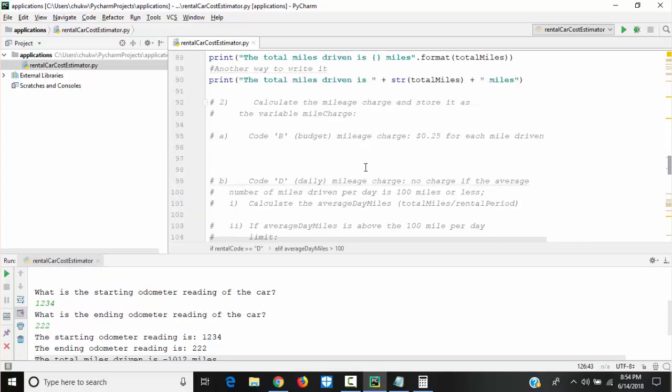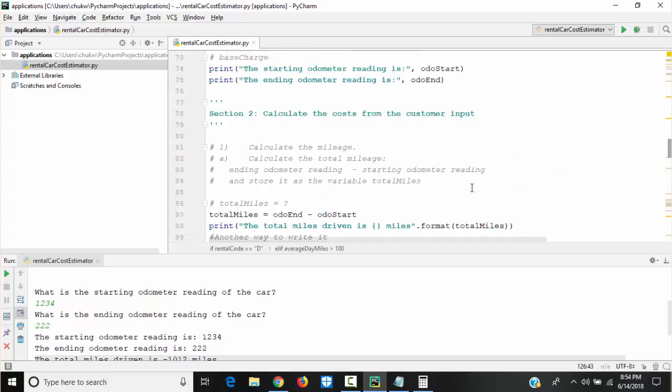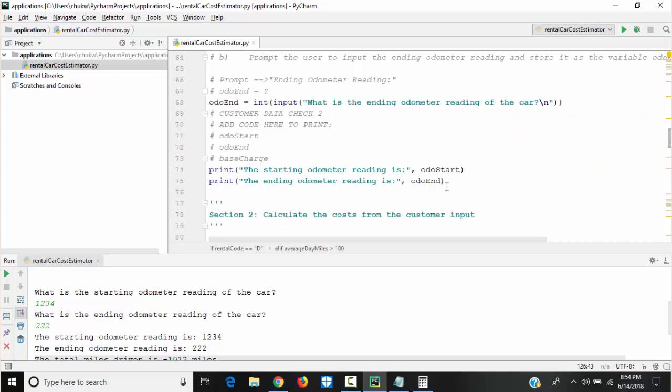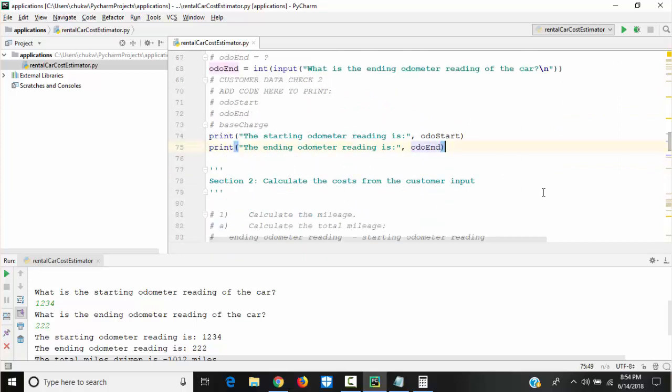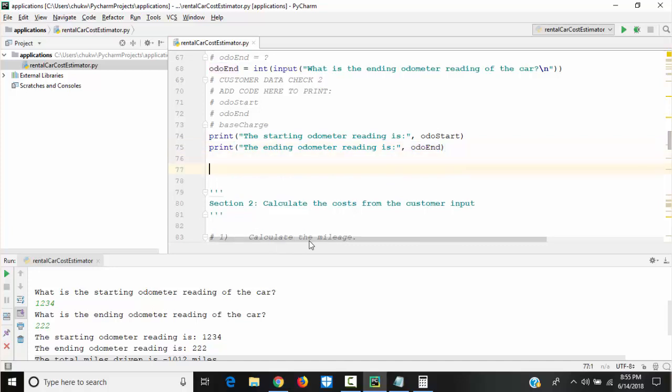So we come in this code, that odometer stuff. Where's the odometer? Yeah, odo start. So in printing the starting odometer, printing the ending odometer, let's put a code here to check to make sure that the ending odometer is greater than the starting odometer.